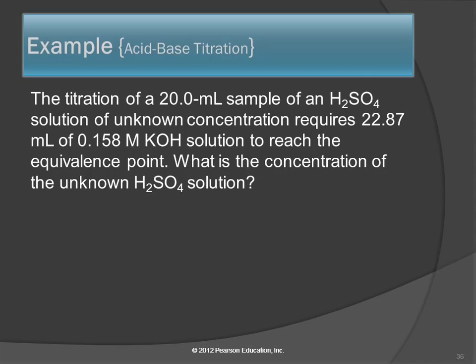So all titrations are, in essence, a stoichiometry problem. For stoichiometry, it's really helpful to have